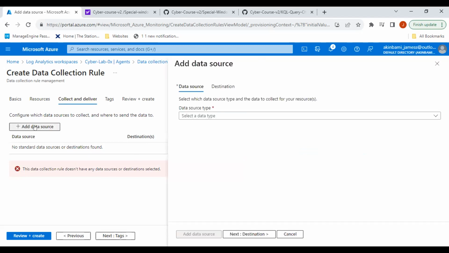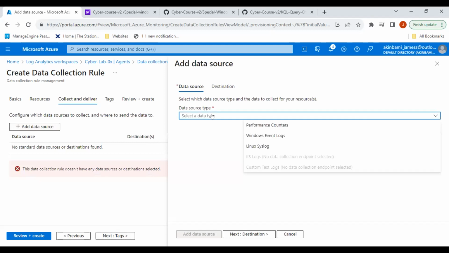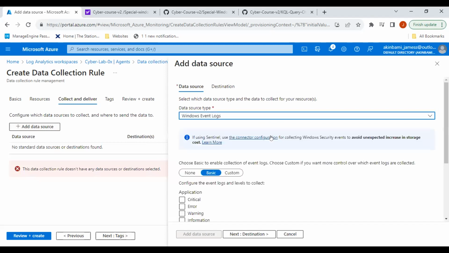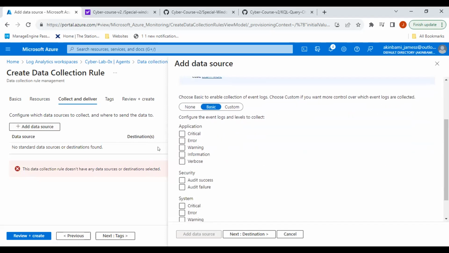So log source. We want to select the data type, the log that we actually want to check. In this case, we can start with Linux really. So for Linux, we can look at